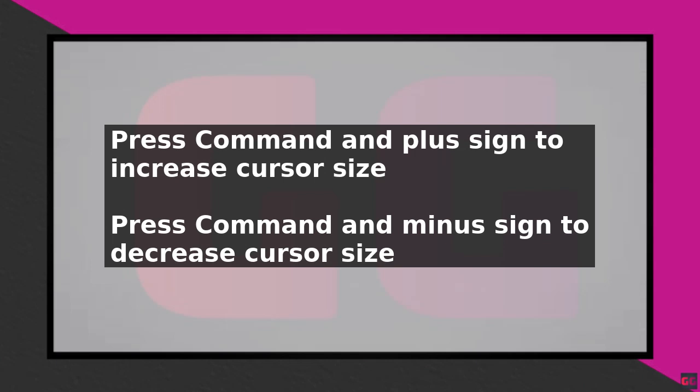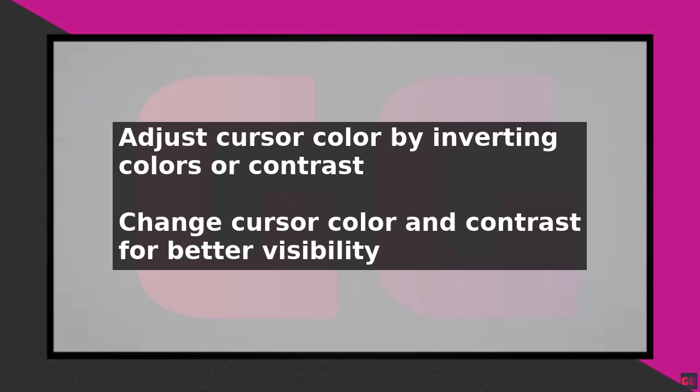more visible. To do this, go back to the Accessibility window and select Display. Click on the checkbox next to Invert Colors to change the cursor color, or adjust the contrast by clicking and dragging the slider. By following these steps, you can easily make your mouse cursor bigger on a Mac and improve